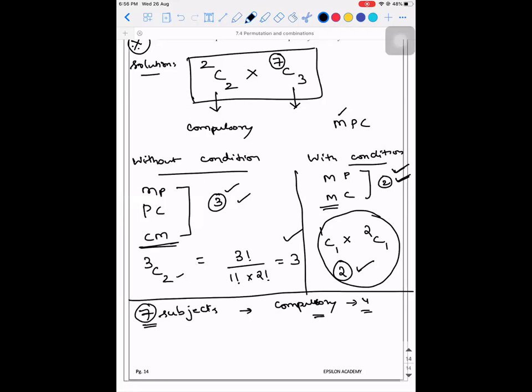Hey, you have 7. From 7, how will I choose 11 subjects? No, sir. Compulsory, you have to choose 4 subjects. Okay. But I'm saying total, how many subjects you want to choose? 6, sir. Okay, total. From the 7 subjects, you have to choose 6. Yes, sir. 4 is compulsory. Okay, total 6. Then we should write 7C4, no, sir? No. First, you have to impose the condition 4C4. Out of the 4 compulsory subjects, you need to choose all the 4 subjects. And how many subjects are remaining now? Out of the 3 subjects that are remaining, you need to choose how many to satisfy it? 2 subjects. Okay, sir. 3C2.